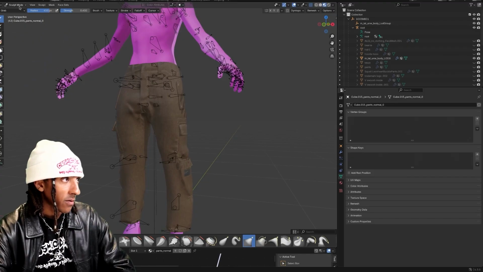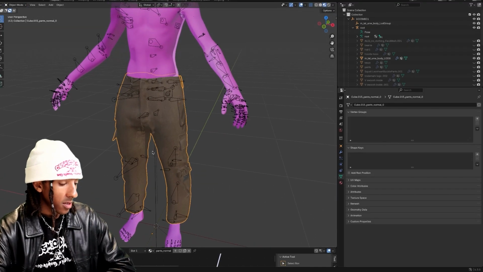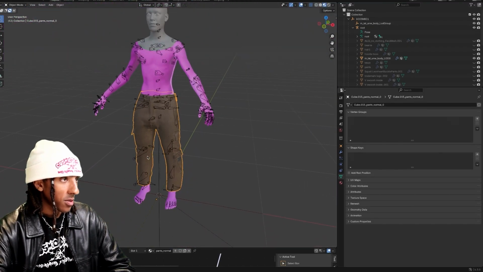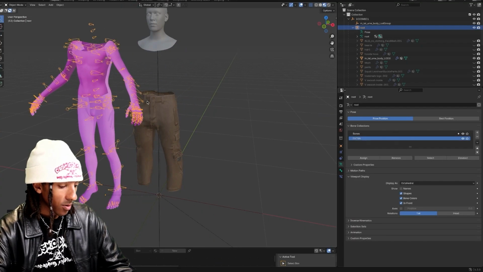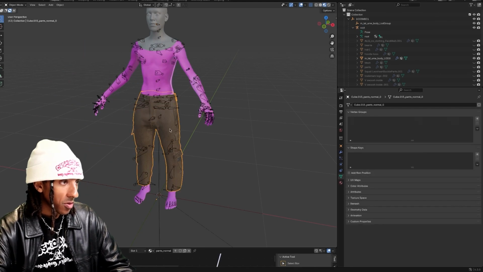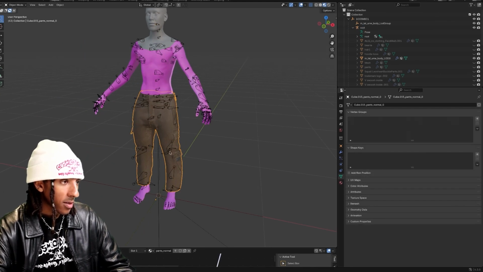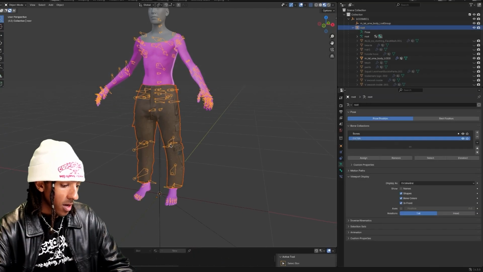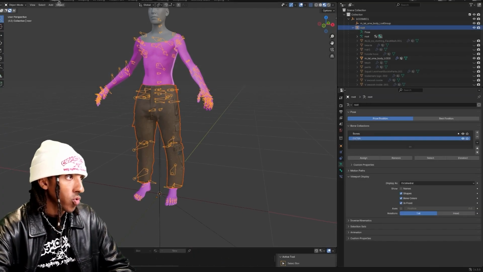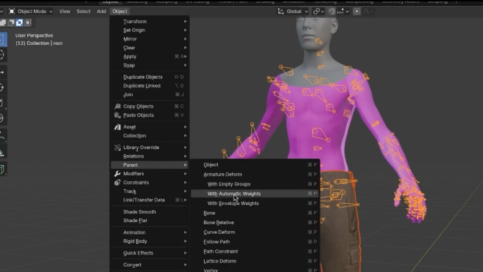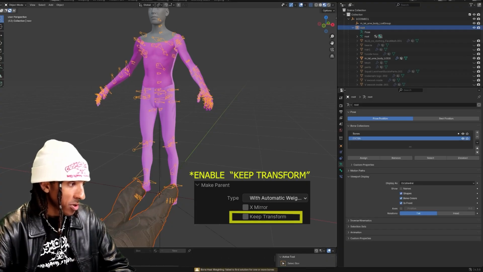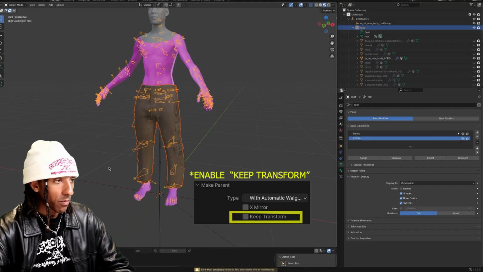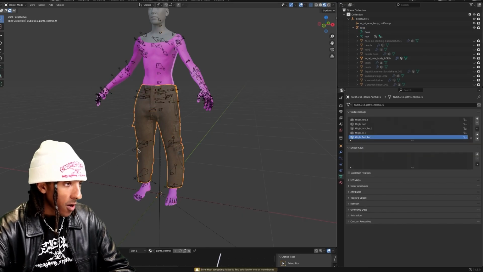Now let's attach it for real, because we may think it's chilling, but it ain't chilling. You wanna know why? Because if my guy's trying to walk, he ain't going nowhere. So what I'm finna do is this: select the pants, select the bones, and then go to object and parent with automatic weights. But if it goes crazy like this, just put keep transform, so it'll keep the position that it's at. So now if I want to move,